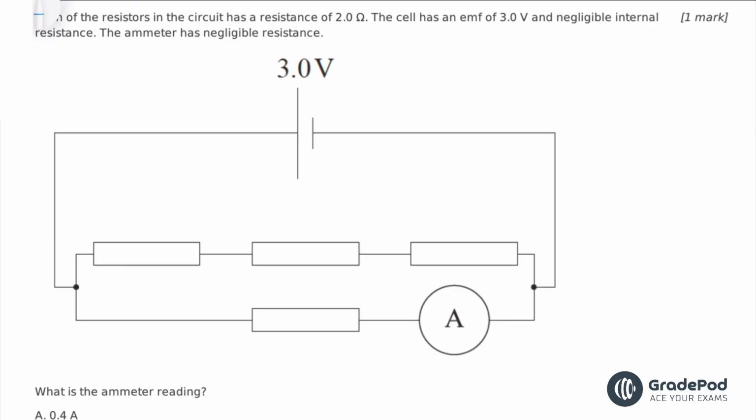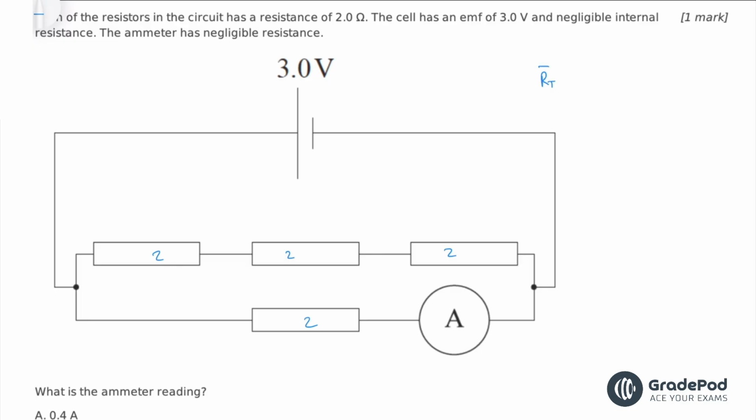Each of the resistors in the circuit has a resistance of 2 ohms, and the cell has an EMF of 3 volts and negligible internal resistance. The ammeter has negligible resistance. What is the ammeter reading? Okay, so we need to work out the total resistance of the